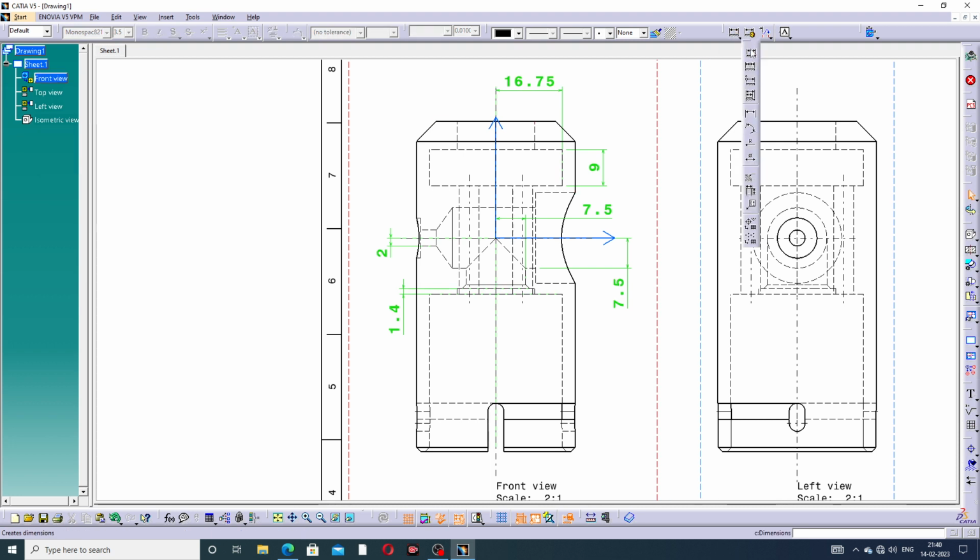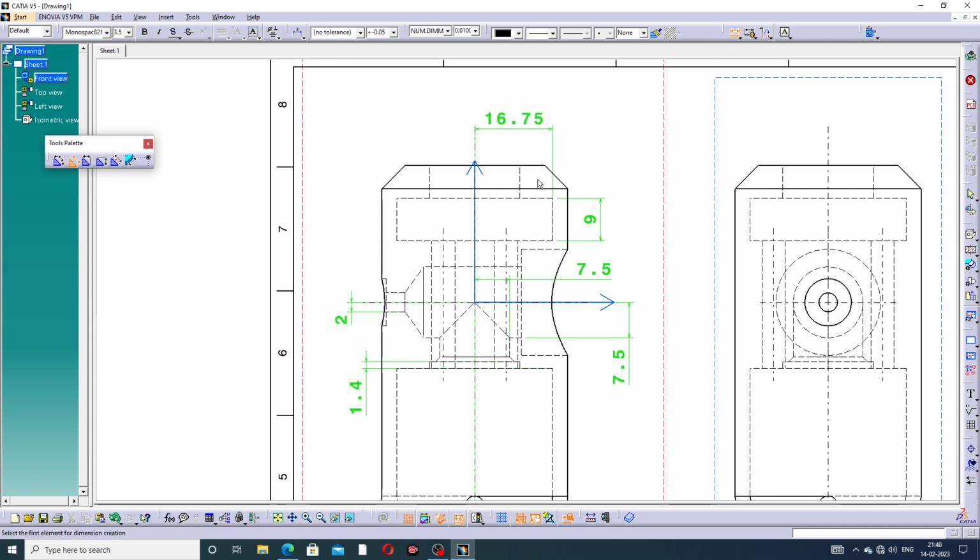Okay, at first select a distance, and use this to this. Okay, 9 is correct, and some use 7.5, and use this. This line to this, select here 31,